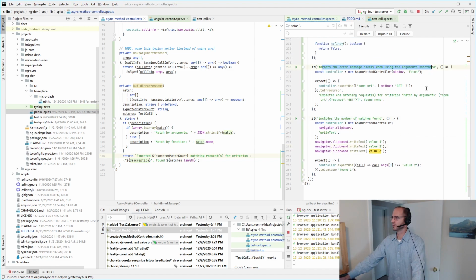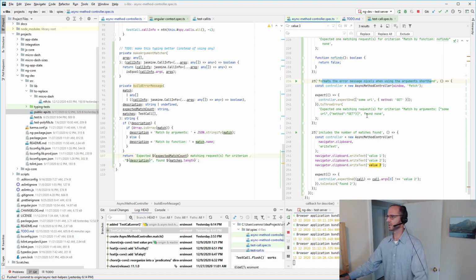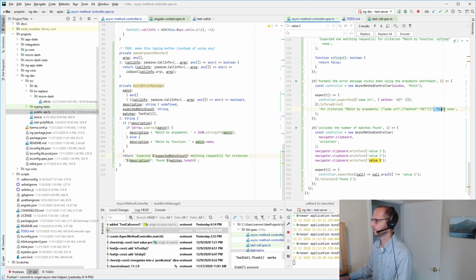Formats the error message when using the arguments shorthand, and really the only part of the message we're testing here is that to contain a regex,